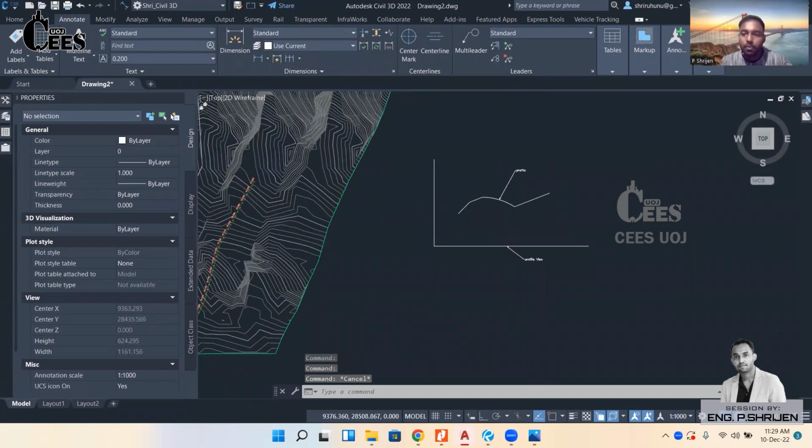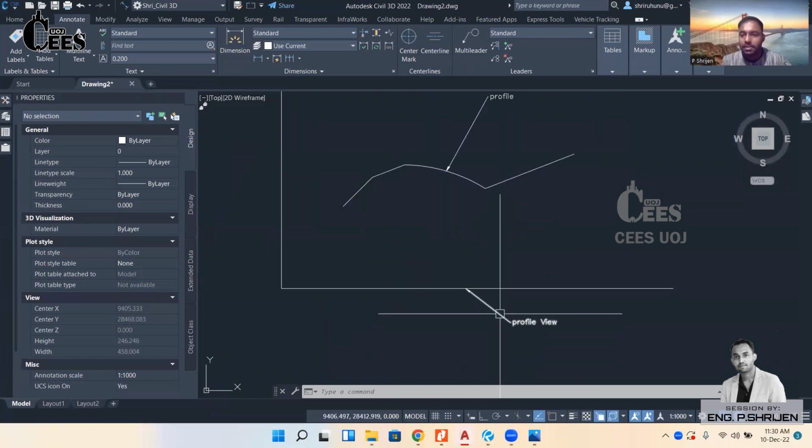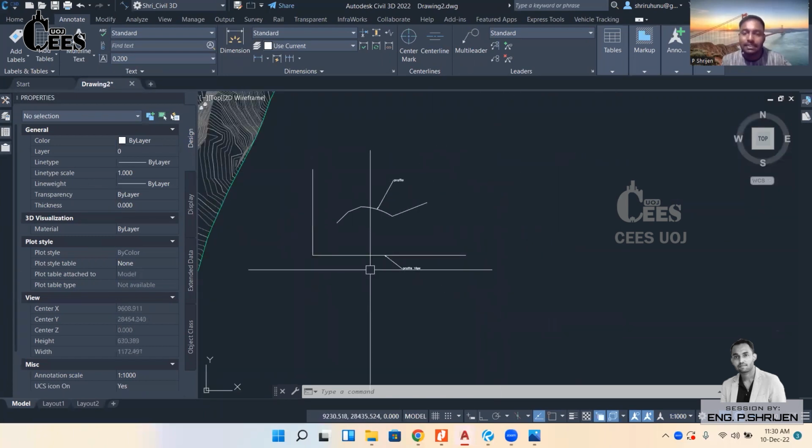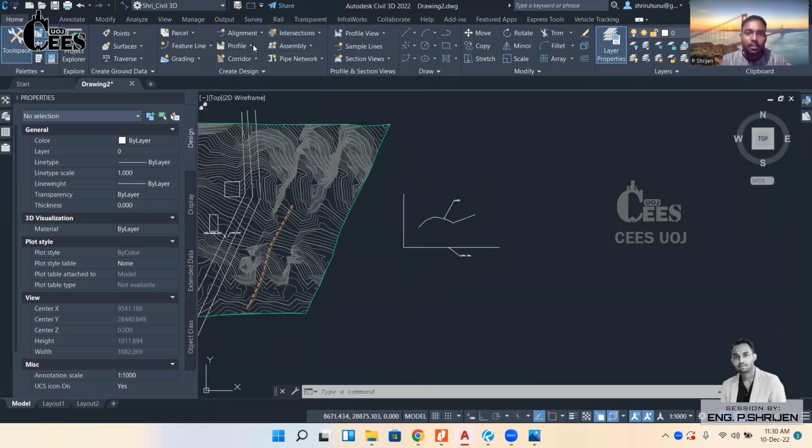In the profile, you can find two objects. The first one is the profile. Profile means the vertical elevation of our alignment. The second one is the profile view. Profile view is just a graph, just a graph with grid lines. That is called profile view. So in the first case,